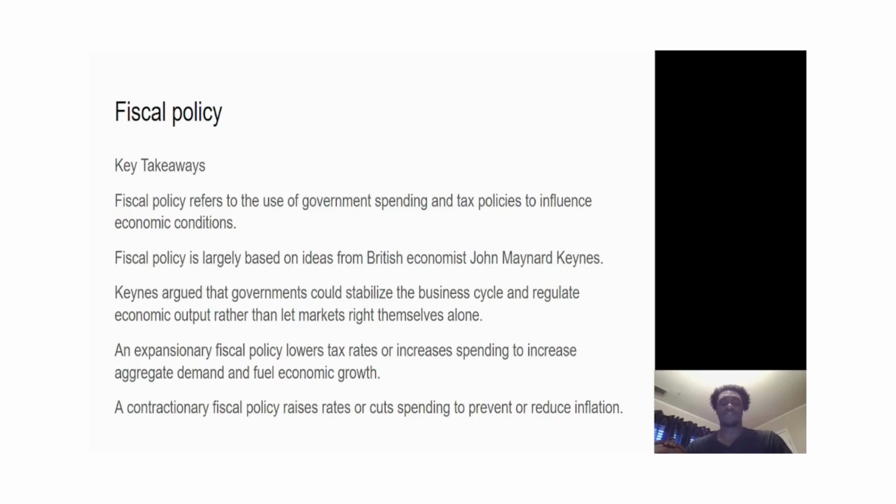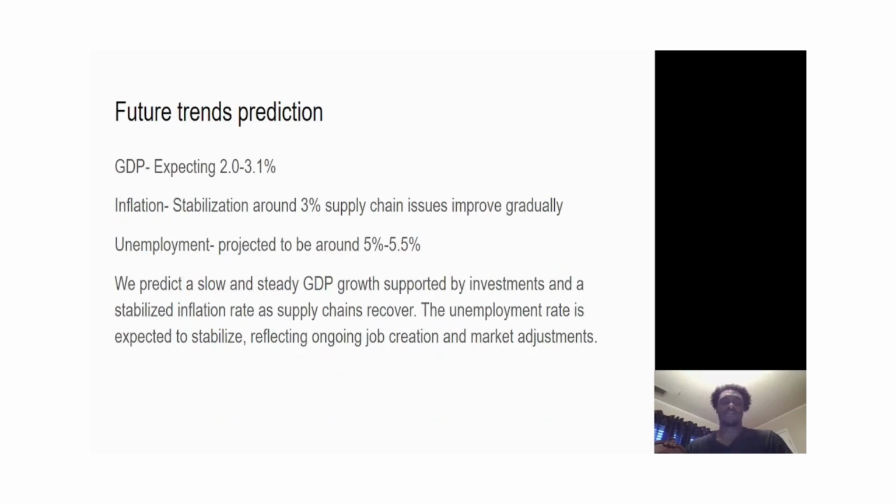Future trends prediction: GDP expected to go 2 to 3.1%. Inflation stabilization around 3%. Supply chain issues improve gradually. Unemployment projected to be around 5 to 5.5%. We predict a slow and steady GDP